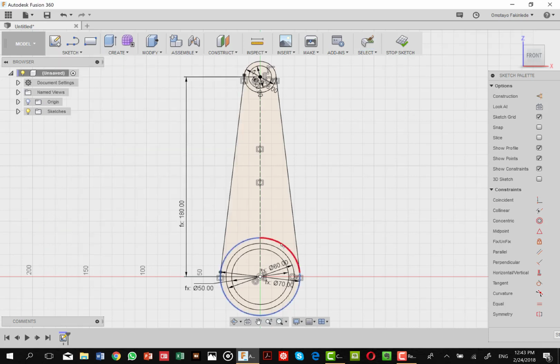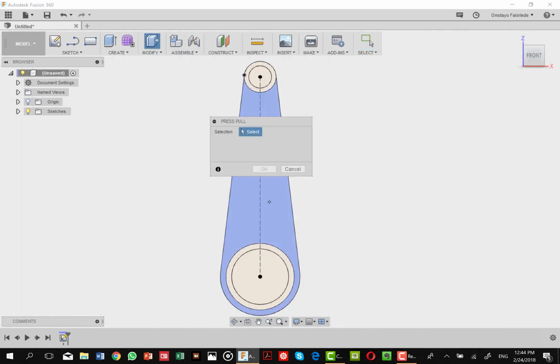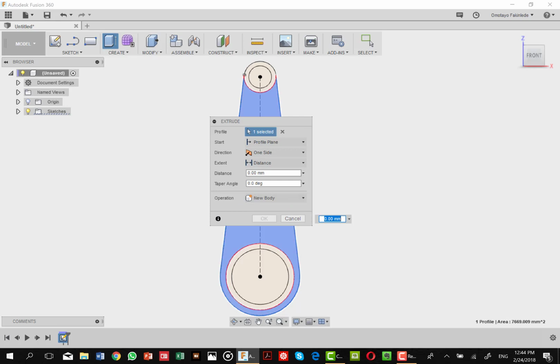We're going to trim this and this. So that trim is good enough. So press pull Q, we select this, and then we are starting from the profile plane. We are taking a symmetric full length of a distance of 15 millimeters, and that's creating a new body.